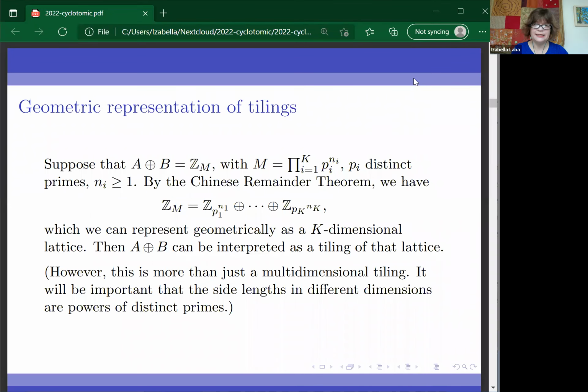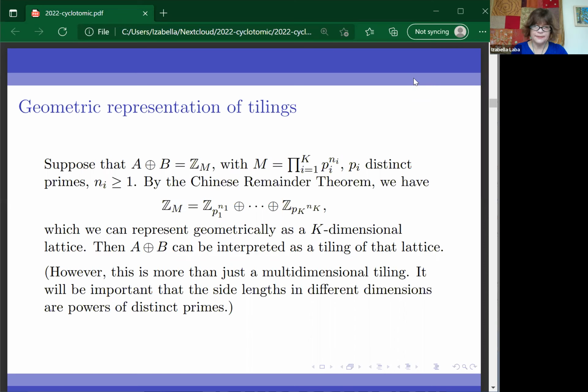We're going to represent tilings as multidimensional structures as follows. So write M as a product of prime powers, and by the Chinese remainder theorem, we can write Z_M as a product of the corresponding cyclic groups with orders p1 to the n1 and so on. That can be represented geometrically as a k-dimensional lattice, and then A plus B can be interpreted as a tiling